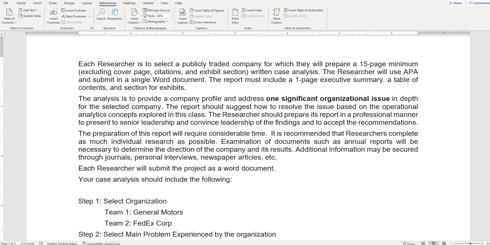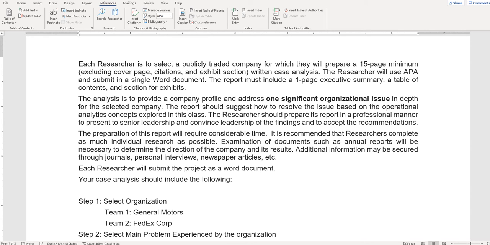Good morning, team. This is an operational analytics case study report where we will be selecting a publicly traded company. Usually, we select a US-based publicly traded company and write an operational analytics case study for the selected organization. You already reviewed several case studies and summarized them. From those activities, you should understand how a case study is written and what important sections constitute a case study. Using that experience, we are supposed to create a case study for the selected organization and the problem that you have identified.